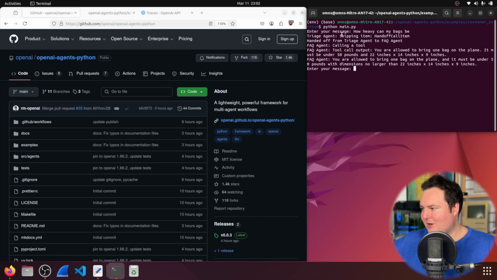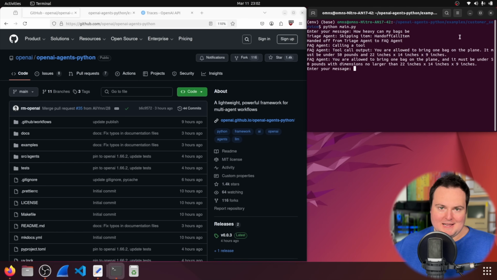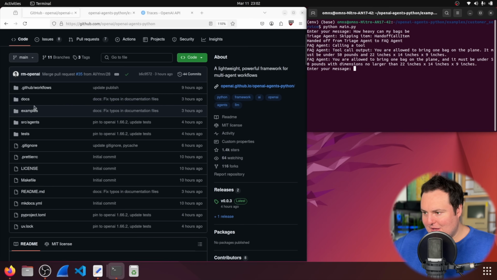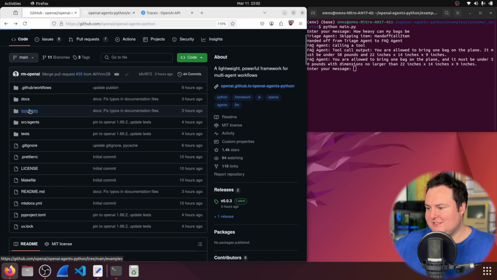And we can see that what happens here is the triage agent has handed off our request to the FAQ agent. And the FAQ agent is actually calling a tool here to answer our question, which is interesting. And the tool call output is basically just telling me the answer to my question about my bag size query, if you will. So this brings me into something I think is cool about this, where if we go into the actual code, just to look at the script real quick, we won't get too deep into it, but we will basically see that